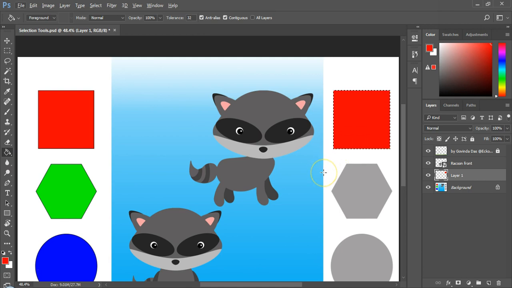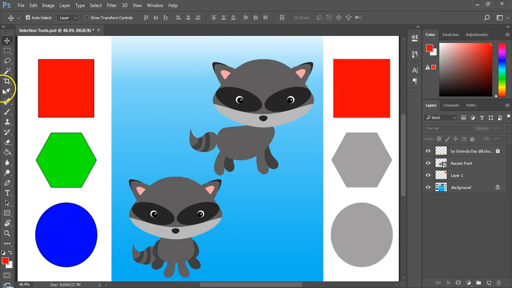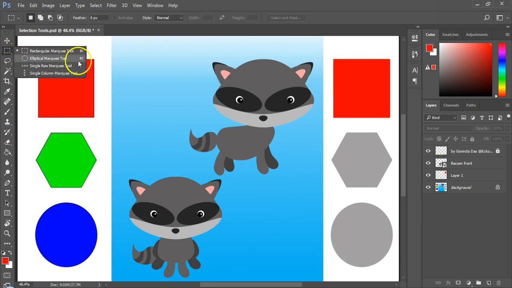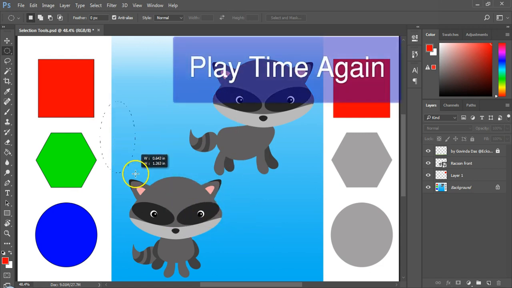Similar to what we did to fill this square with red color, we will fill this circle as well. Go to the rectangular marquee tool icon, right click to reveal more tools option and select the elliptical marquee tool. Like the rectangular marquee tool, the elliptical marquee tool will let you select area in the shape of an ellipse or a circle. Go ahead, experiment with the tool and remember to experiment while holding Alt key or Shift key as well.